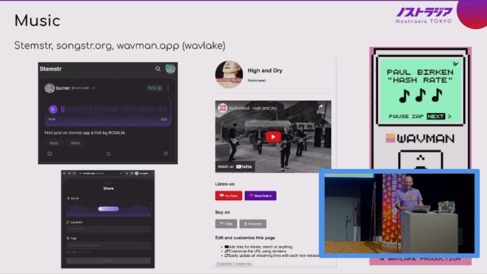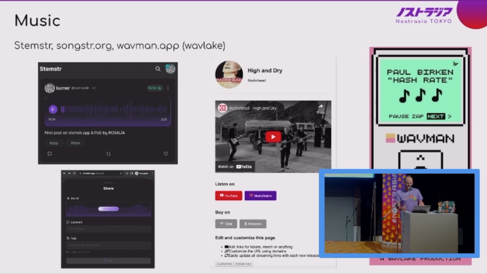So Stemster by Not Henry is an incredible music app. It's really cool. It has a feed, right, similar to a Twitter clone. But every note in that feed is based on music. It's some stem or some audio file or music or song or whatever that someone uploaded, right? And so you see a little bit of that experience there. If you share it, you drag and drop your music there. You can then download it and remix it, share it there. People can give feedback, download that, and remix it. So some really cool music features there in Stemster.